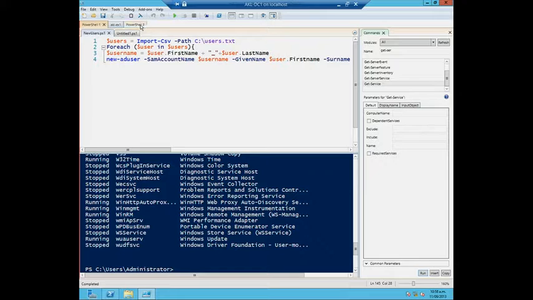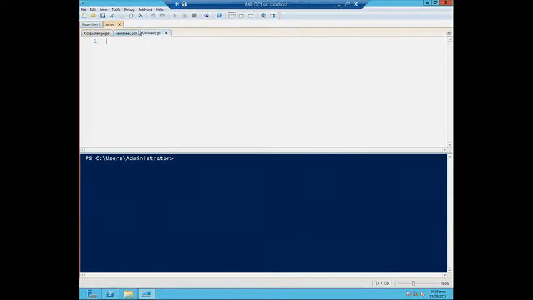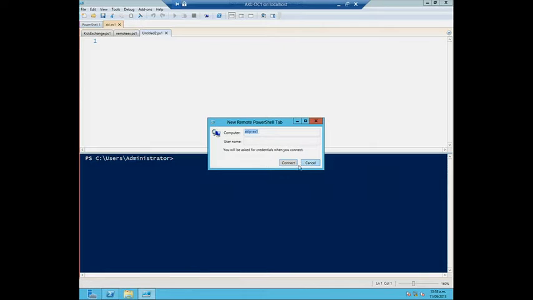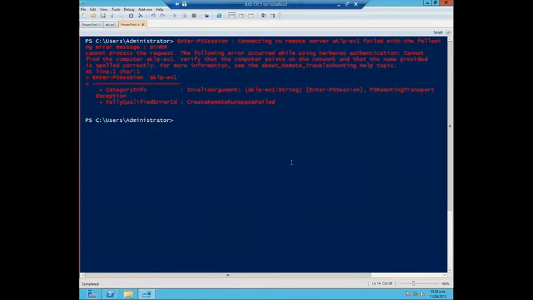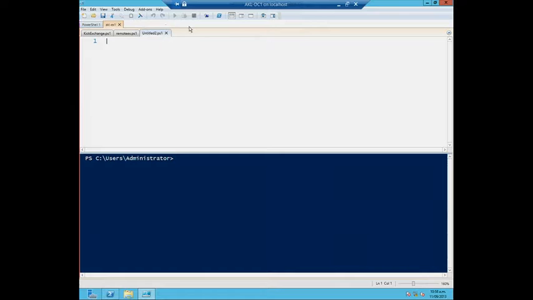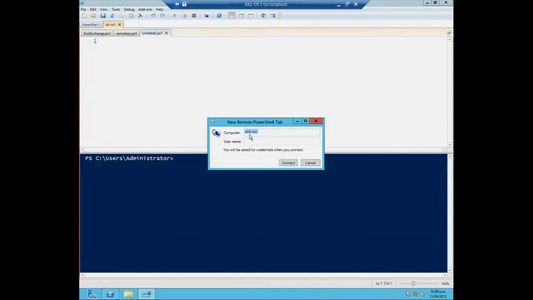Now, I'm just going to do one more quick check. See if I can see if my Exchange server is hopefully up and running a little bit more. Nope, not yet. No, you're right, I've got a typo in there. That probably would help too. Thank you, well spotted. I did mention I have fat fingers.